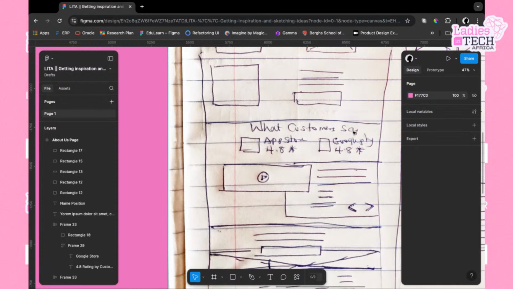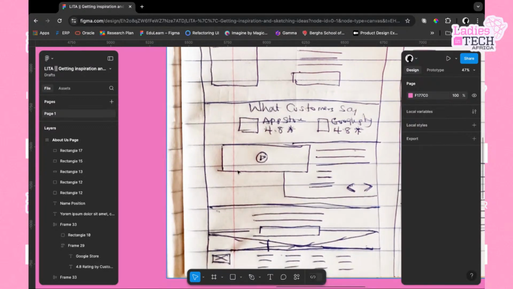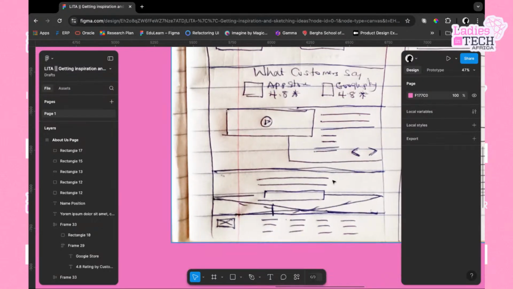Then maybe what our customers are saying, or what our students are saying on App Store, on Google Play, what is our rating, and then a video that talks, maybe Moreni KG has said something on a video, and then we just write maybe Moreni KG's headline thoughts, and then Moreni KG product design, and then what else again? A button for going to the back, a button for going to the next, and then maybe this place is,